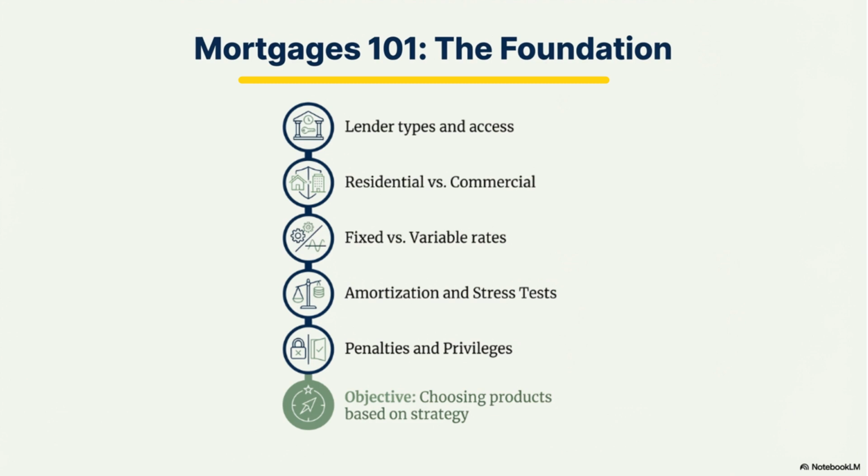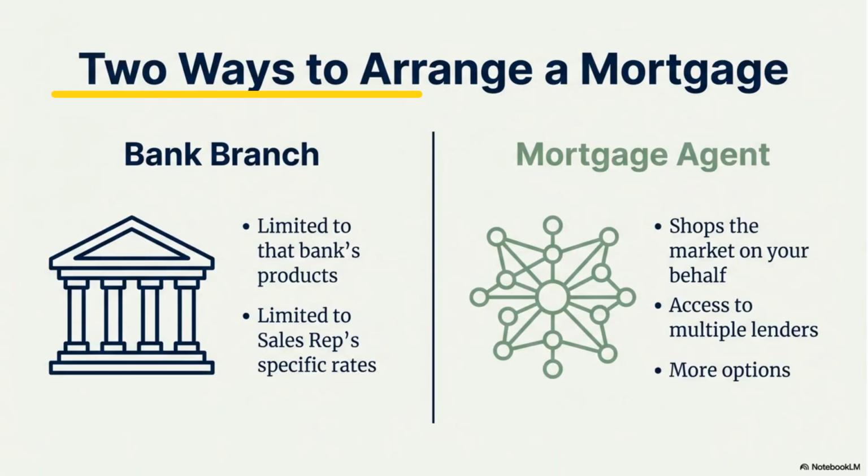In this video, I'll walk you through Mortgage 101 for rental property investors, including where you can actually get a mortgage as an investor, lender types, residential versus commercial mortgages, fixed versus variable rates, amortization, stress tests, privileges and penalties, so you understand how financing really works before you make an offer. By the end of this video, you'll have a solid foundation to start choosing mortgage products based on strategy, not just rate. Let's begin. In Canada, you have two primary ways to arrange a mortgage, through the bank branch or